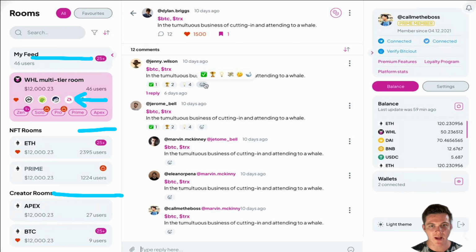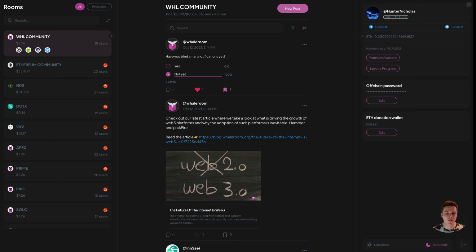Looking at the price of WHL on CoinMarketCap, and lucky for us, we don't have to open up a new tab or go search that since it's right here natively within the platform. And also what's super nice too is next time WhaleRoom right here posts another great post, or another user, you can also add Ethereum to your donation wallet to tip people on the platform as well. Very cool. So let's go to CoinMarketCap to check out WhaleRoom's native token price.